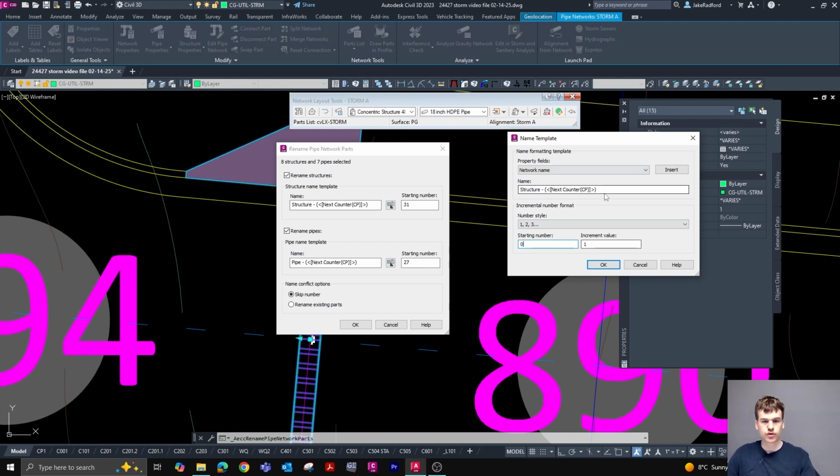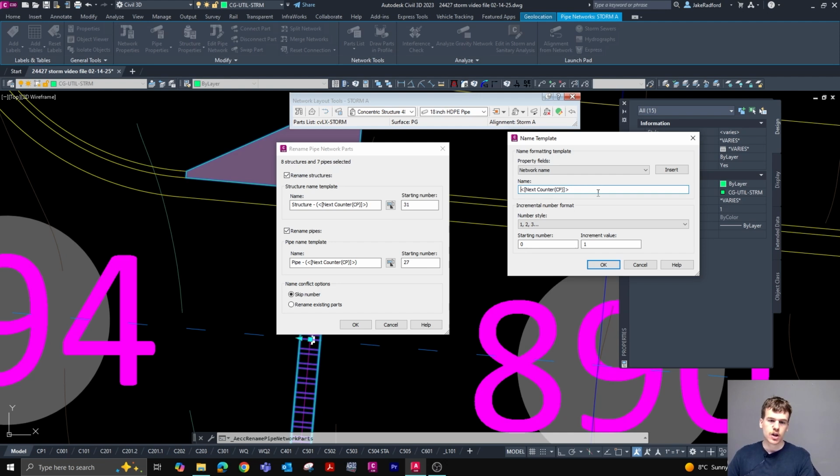The first structure, because this is the counter under the structure naming template that I clicked right here, is going to be 0 at the starting number, and then if the increment value is 5, the next structure that you selected will be 5. So the counter is everything inside of the carets. These carets here, and everything inside is the counter. So under this name, you don't want to change anything inside of the carets. I can delete the parentheses, those aren't a part of the counter,